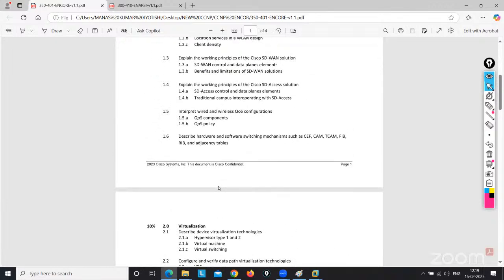Suppose I tell you what a WLAN is. You also know what a WLAN is. Everyone knows about the SSID and WLAN. But I'm asking about some deeper side. Let's suppose in the wireless part, someone asks what a WLAN is and what protocol is used for communication between the AP and controllers. And I'm also asking about the authentication part, like certificate-based authentication, and a few users authenticating from ISE. How will EAP-TLS happen? What will the call flow, the traffic flow, be?